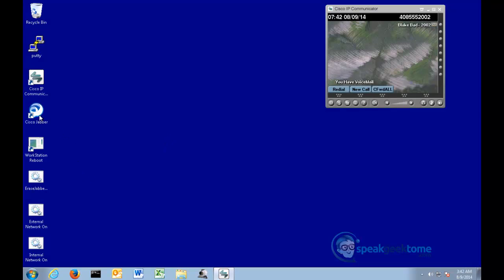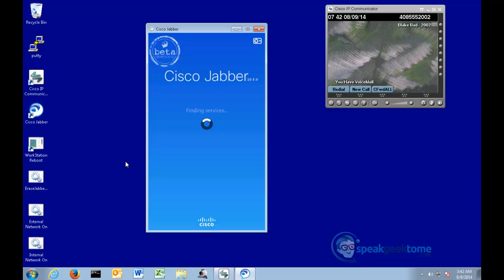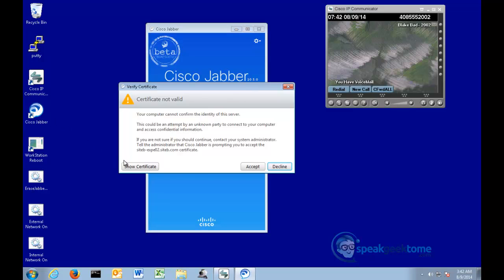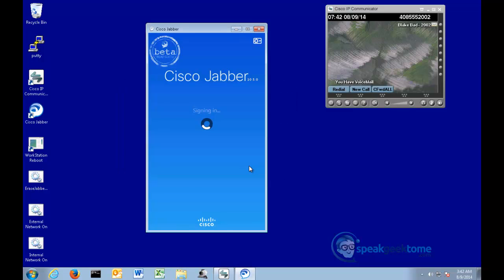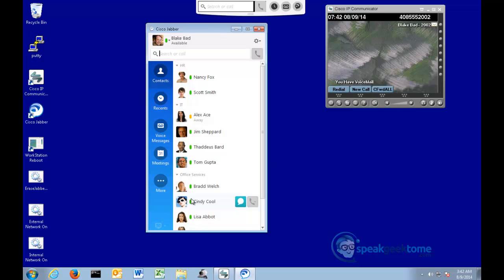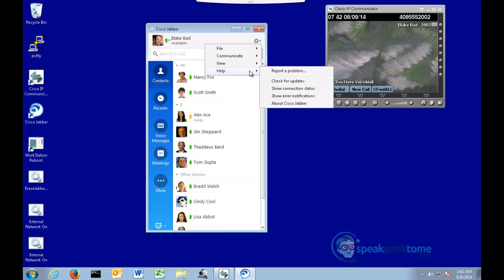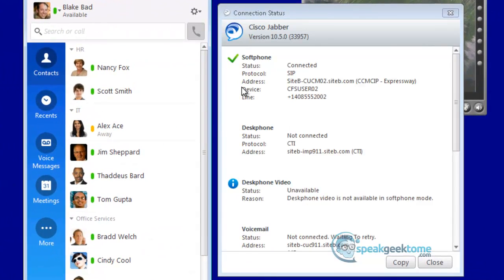For the sake of time, I've already moved this computer to the internet. I'm now turning on Jabber. We can prove that the Jabber client is logged into the Expressway by going to the Gear, Help, Show Connection Status, and notice that it says Expressway